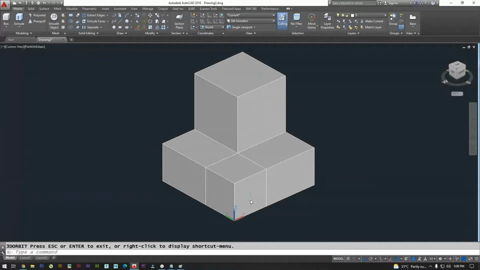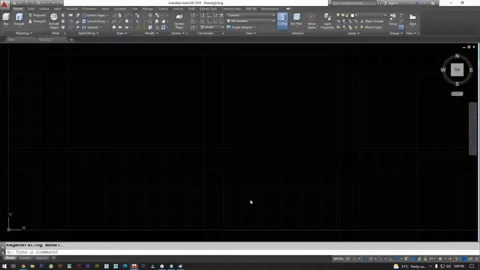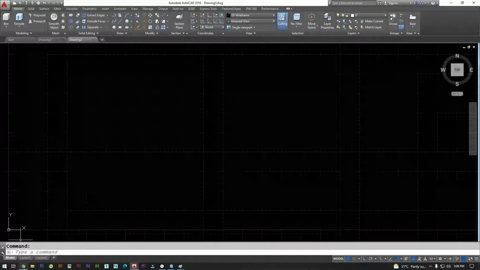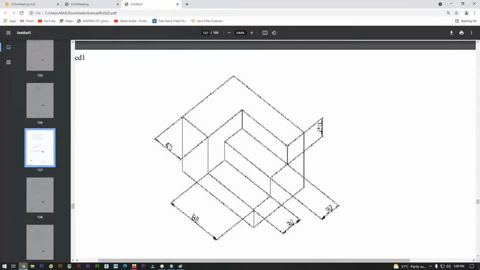Based on this concept, we'll keep this as a base. Let us do this drawing completely in 3D. Here we know the width as 125, the length as 90, and the height as 60.